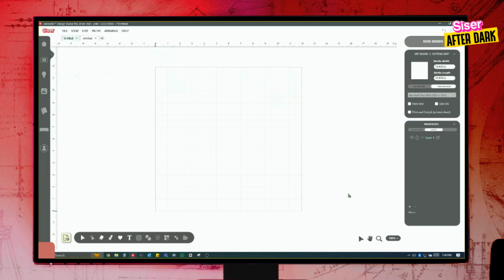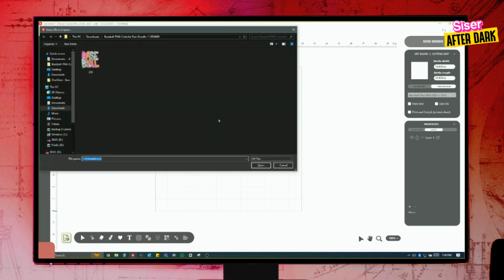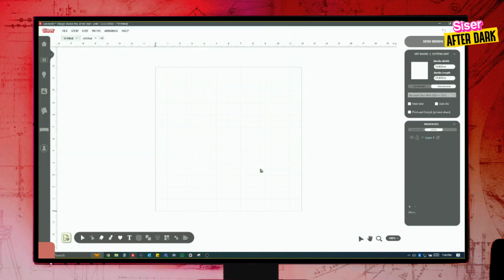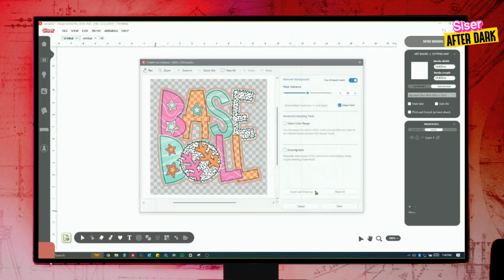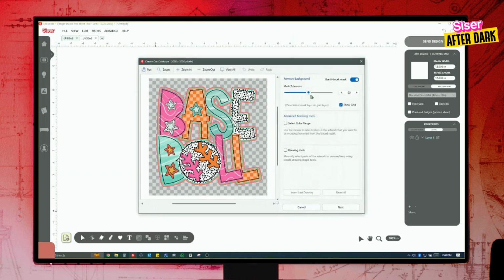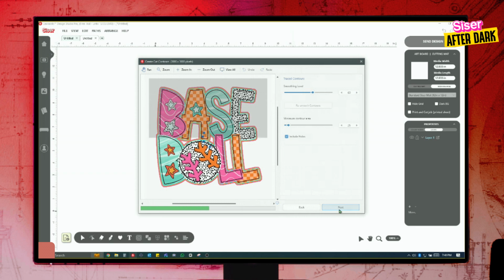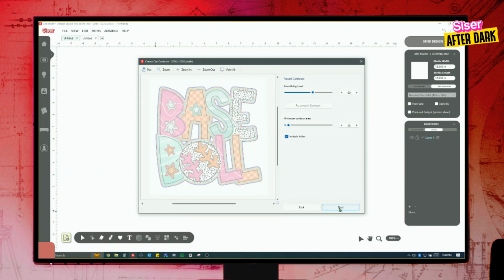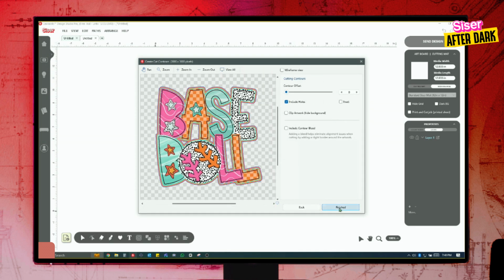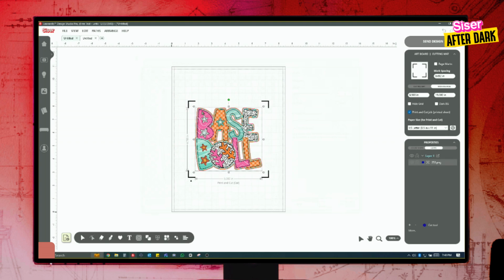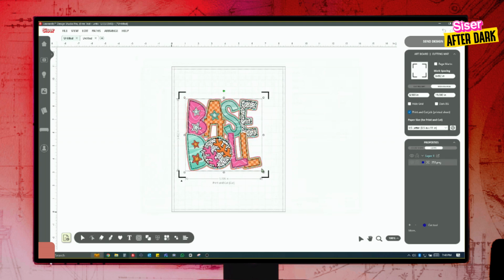So I'm just going to really quickly, actually I want to hardwire all of these in. So let me go into software and I'm going to import my image. We'll do this baseball image just because it's the closest one up. I'm going to change my mask tolerance a little bit here like we did before. Gonna hit next, and now I'm just basically going back through those print and cut alignment options and all of that stuff. So we're gonna hit finish, and I'm not gonna make this the full size